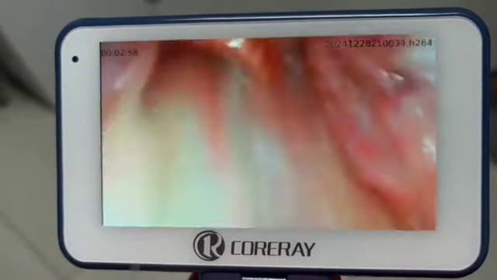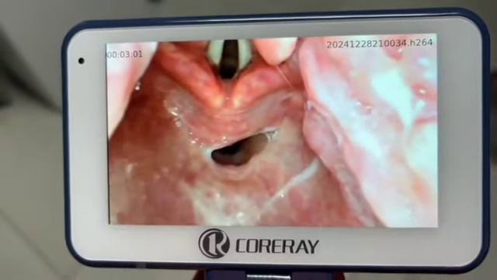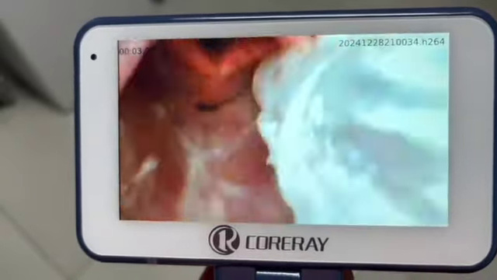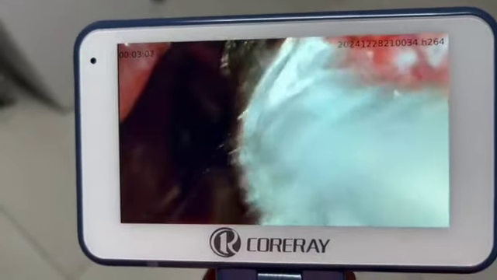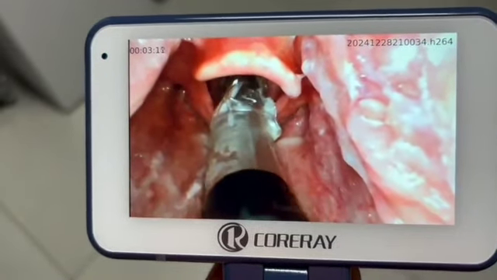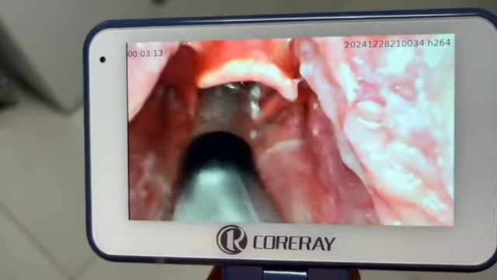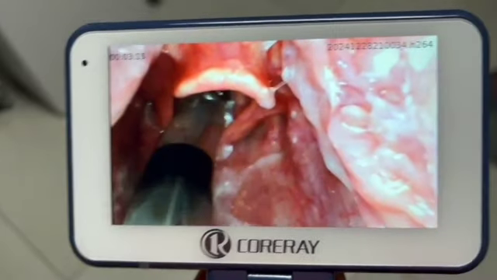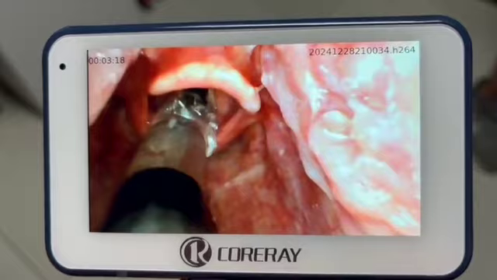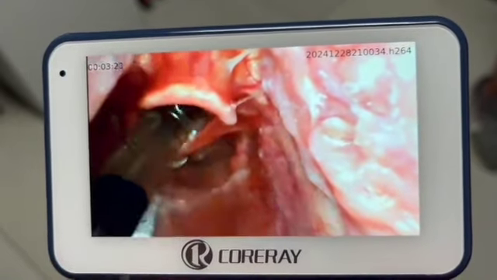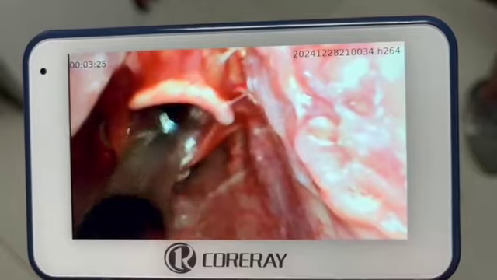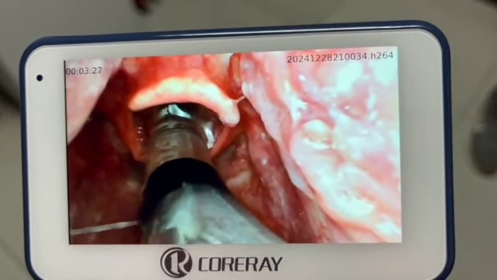The second was getting too close to the upper airway and then having to pull back to get a bigger view. The third was inserting the tube into the airway but not explaining what my plan was, and so that introducer got pulled all the way out rather than just slowly as we inserted the tube. And then the very last one was inserting the tube too deeply for a patient. And all of these errors, luckily, don't end in patient negative outcomes, but definitely are learning points that we can